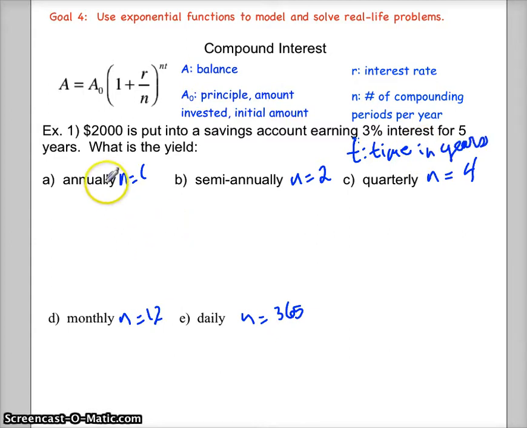Okay, let's calculate the compound interest annually. So let's go through setting up this formula. It asks what is the yield, or what is the balance. So after compounding annually for 5 years, let's determine our balance. So A is equal to A sub 0, which remember we said is also P, our principal, that's the amount that we put into the account, and that would be $2,000. So this is our initial investment